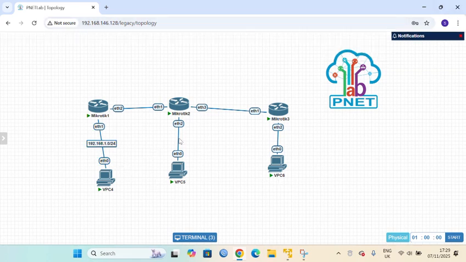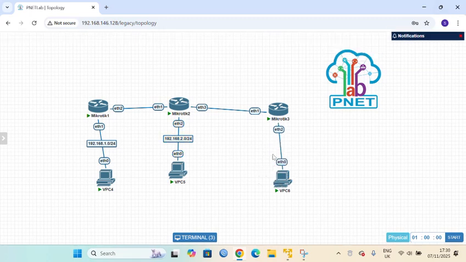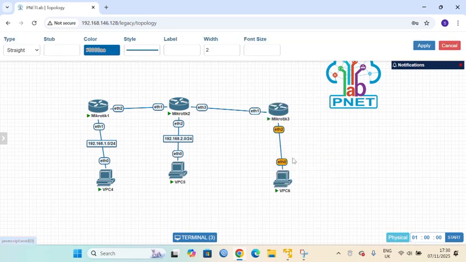Right here too, 192.168.2.0/24. This one 192.168.3.0/24.